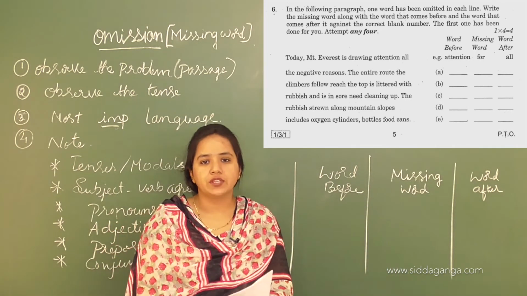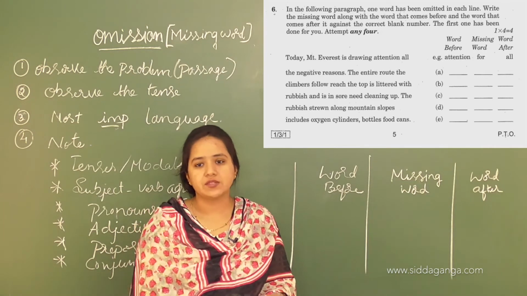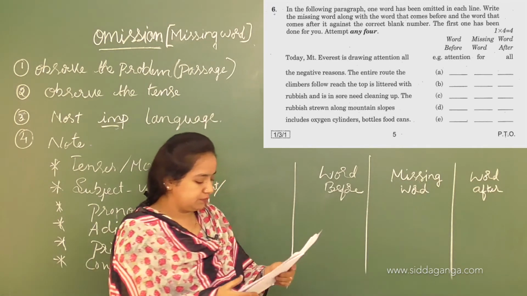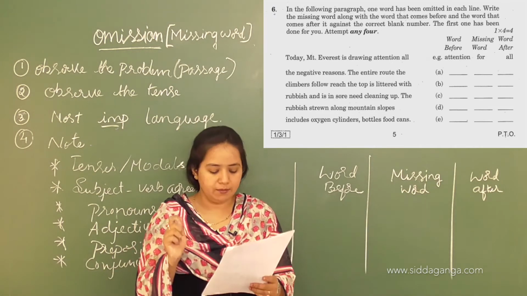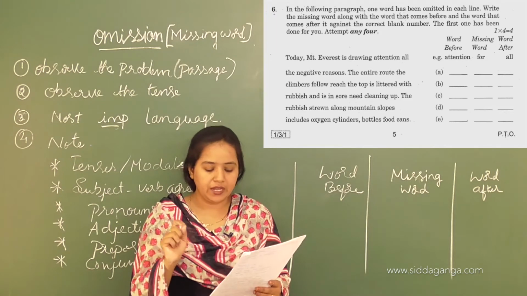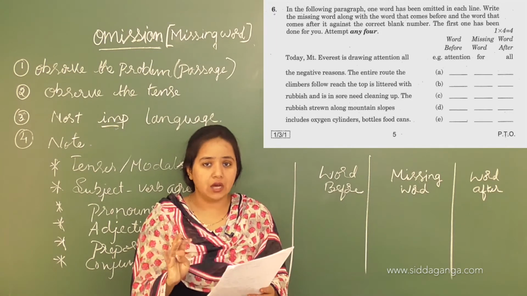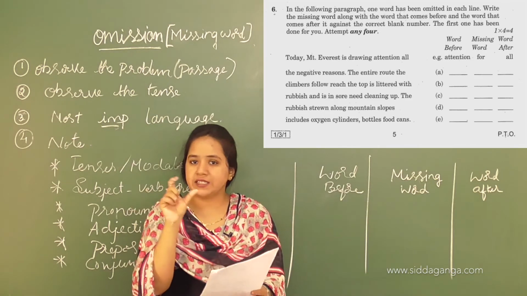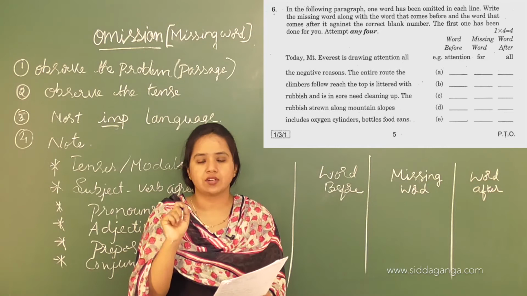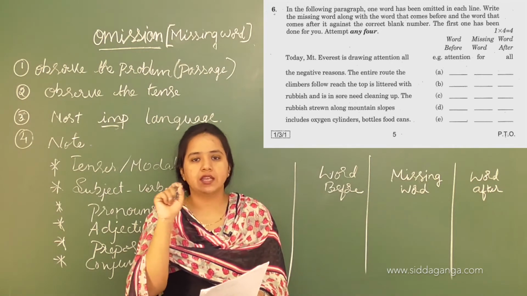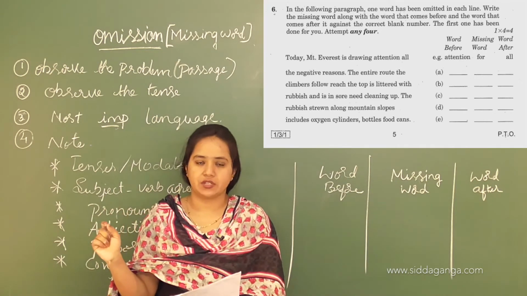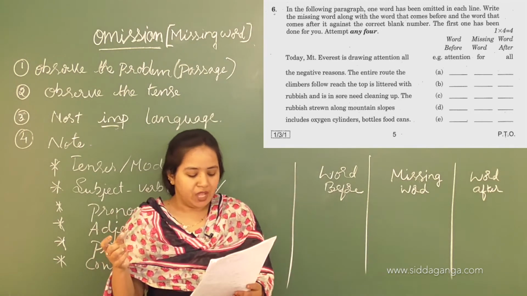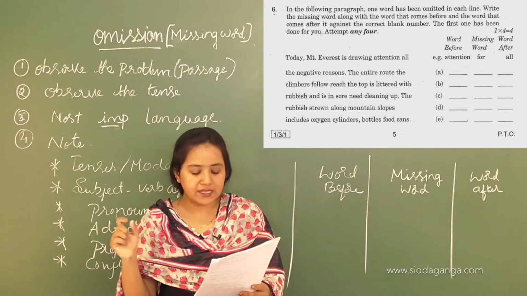The example here you got: today Mount Everest is drawing attention all. In this line, today, okay, Mount Everest is drawing attention. Here you will have a noun, that is the subject, then a helping verb. I have told you the sentence structure. Always the sentence structure should be a subject, then helping verb, main verb and object, okay. In this way the structure construction is prepared, okay.